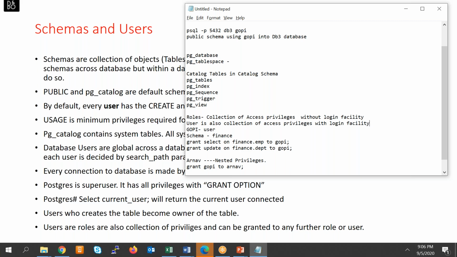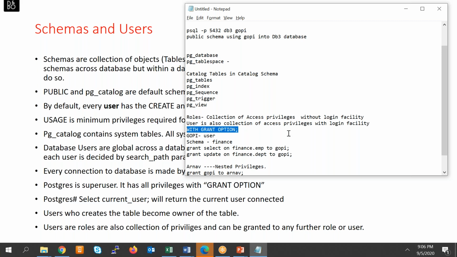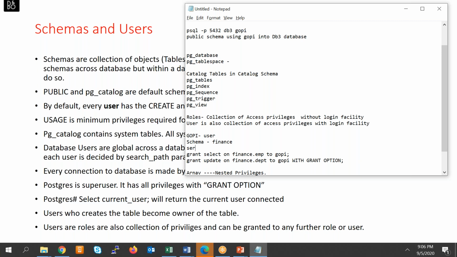Then there is one more thing: privilege with grant option. Now, who is granting finance.emp to Gopi? The user who is the owner of the finance schema has the right to grant select or update to any user.